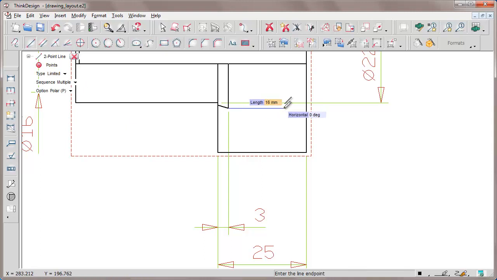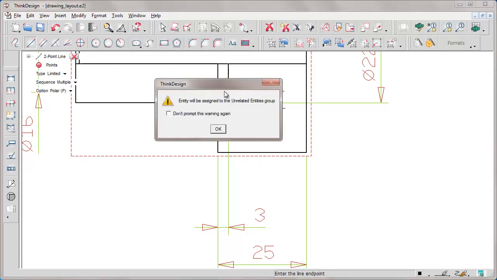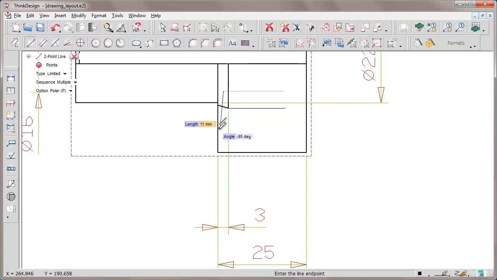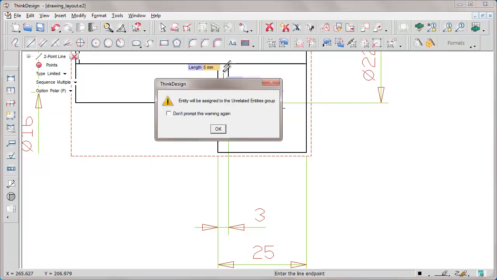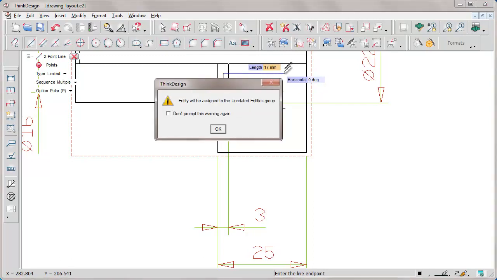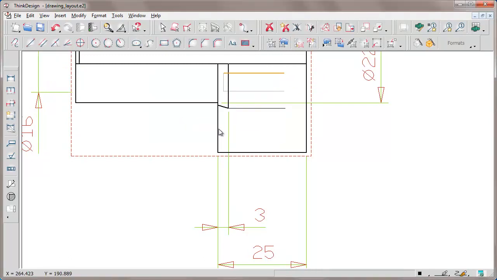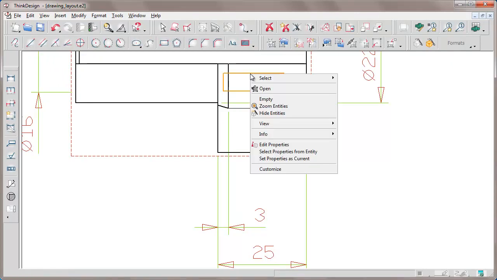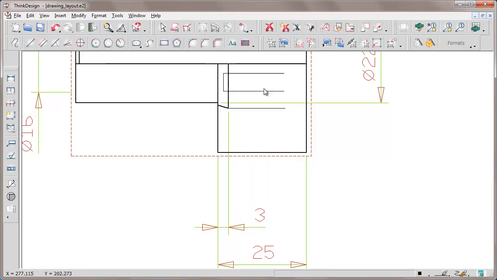The first point of the line belongs to an entity in the view. There is a lock. For this reason, the line is related to the entities in the view, and it will follow the changes inside the view itself. If we insert other lines not linked to the entities of the view, they are unrelated, as we can see in the Theme Design pop-ups. It means that any change in the view will not have any impact on them.